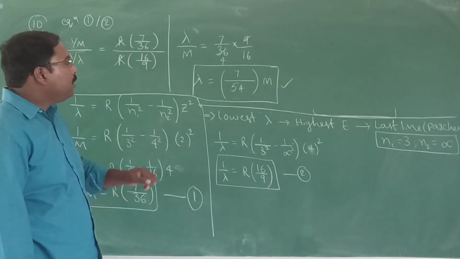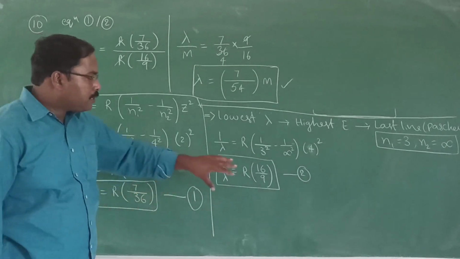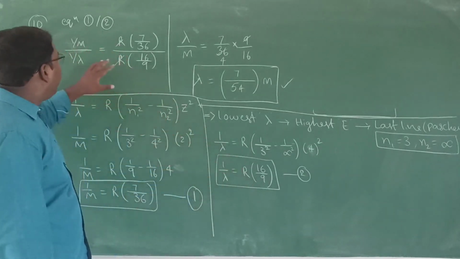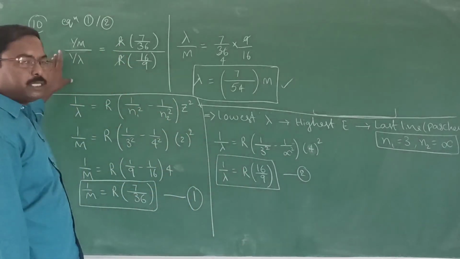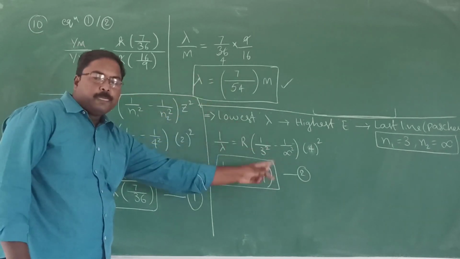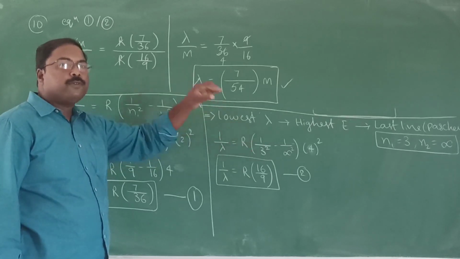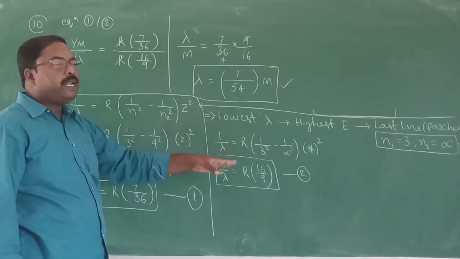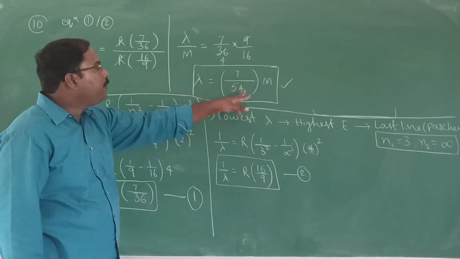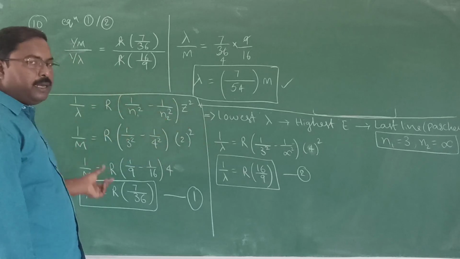Understood? Whatever we know, we simply substituted in the formulas. Then finally we did equation 1 by equation 2. Then we got the lowest wavelength of Paschen series in beryllium as 7 by 64 times M, where M means the data of the